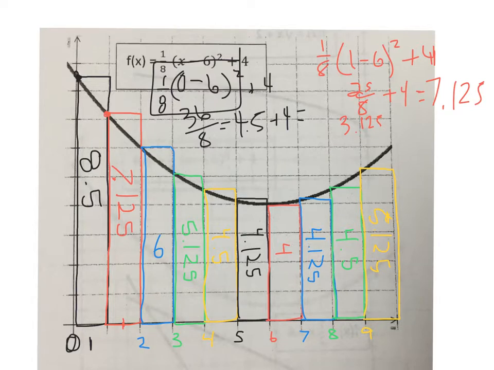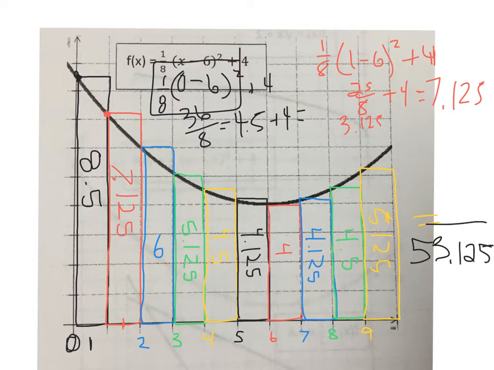So those are all the other y values that we calculated, and thus the corresponding areas. When I add them all up, I get an area of 53.125,